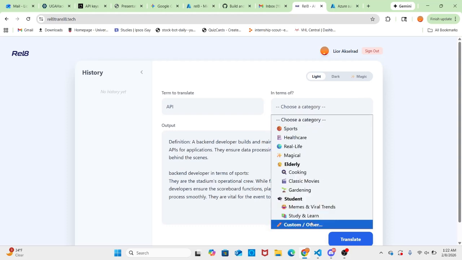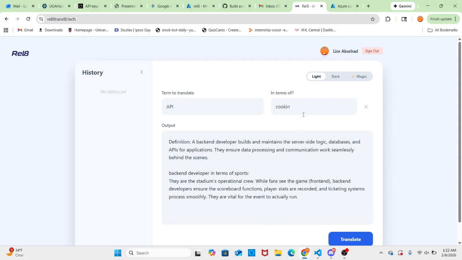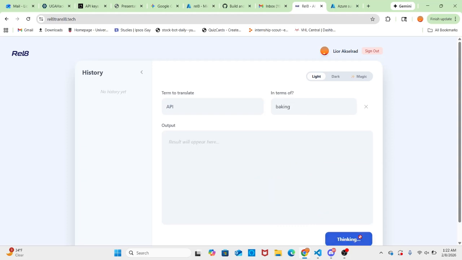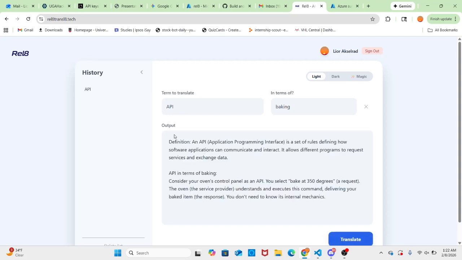Let's do, instead of cooking, let's do baking. All right, translate. Awesome, and over here on the output window, we get API in terms of baking. Consider your oven's control panel as an API, and you can read the rest.